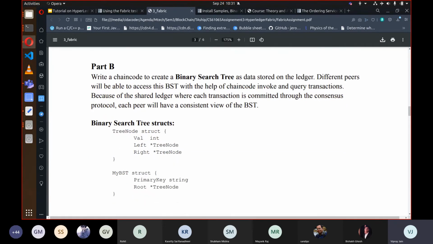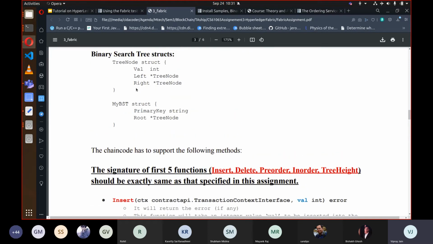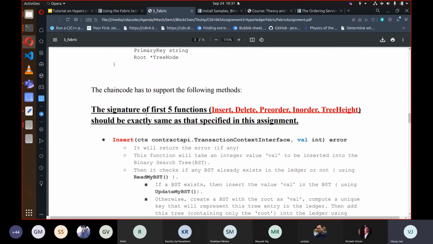For that, we have given you the pseudo code for the binary search tree structure. You can follow it; it will be more convenient. Otherwise, you can change it if you do not want to use this one. Now, like the last part, here also the first 5 functions, mentioned in red, and their names are specified here.